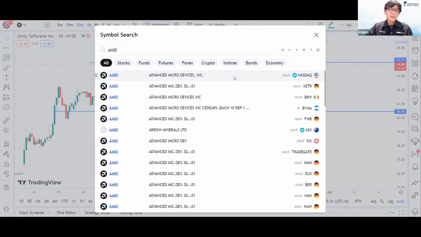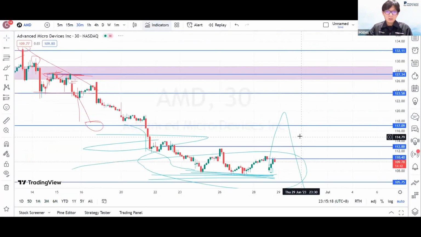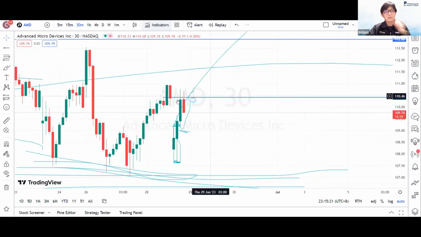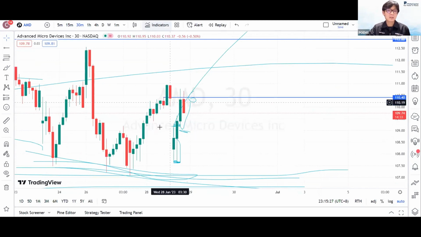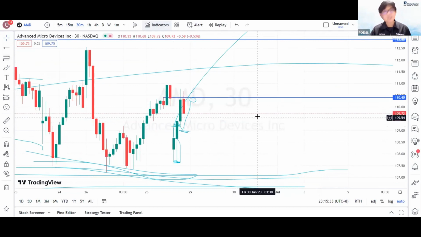All right, then the last one will be AMD. AMD, you see, same thing. The rejection, just now we were talking about it at the 109, maybe 109.3, 109.4 level. Price covered this whole gap area, closing below the short-term supply level. Now we are seeing rejection. What can we do? Cannot do anything. So this is how it is.